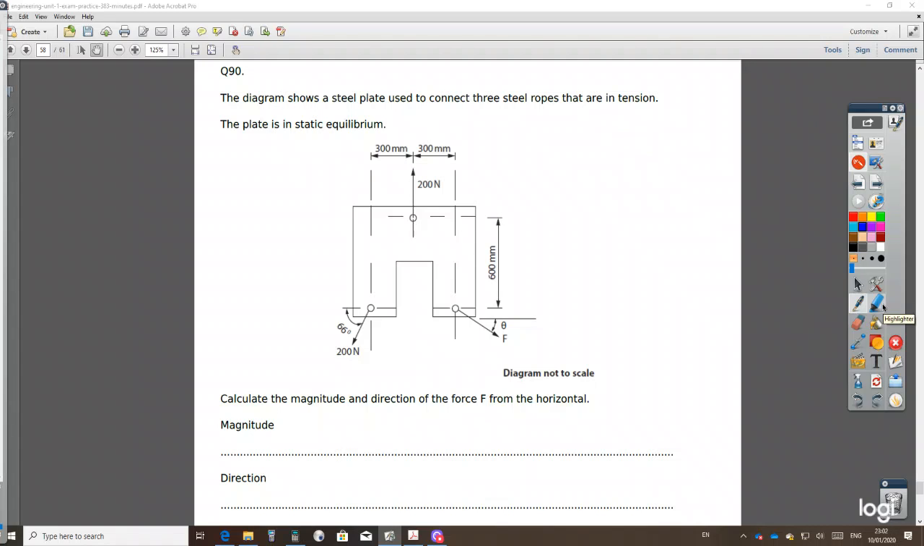Hello, welcome to question 90 of this exam practice medley. A lot of people have requested I demonstrate this question. So here it goes. It's worth 5 marks, but the amount of work involved and the knowledge that you need